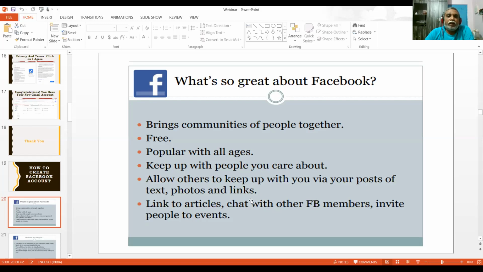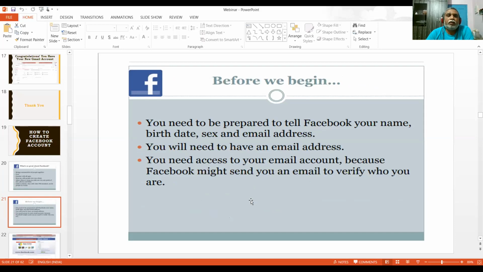You can share links to articles, chat with other Facebook members, and invite people to events. Facebook is the basic social media network site. Then you need to tell Facebook your name, birthday, sex, email ID, etc. You need one email ID.